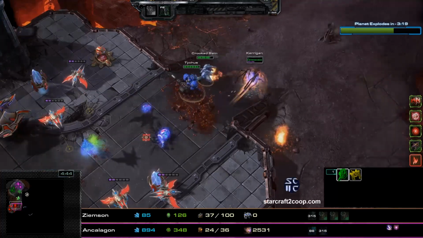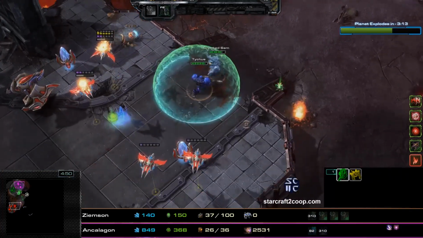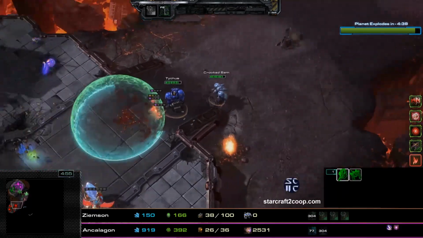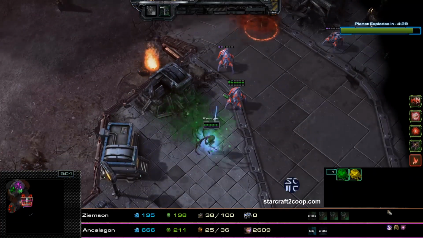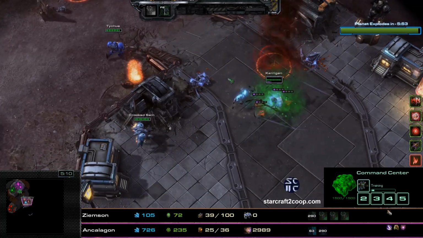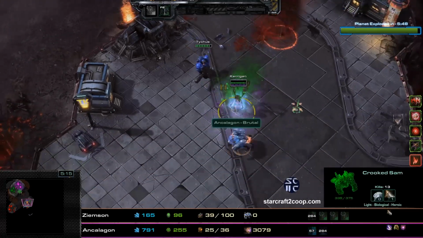Kerrigan, Tychus, and Crooked Sam are going to be pushing in with this side, just dealing a little bit of damage, and you can see there's a small time warp here onto Tychus from some of these phoenixes. The other thing to also note is that these broodlings will also cast abilities. Kerrigan gets booped back by the Twister, and now she has Irradiate cast on her. But yeah, broodlings will also cast abilities on you, so it does make it very, very difficult to deal with